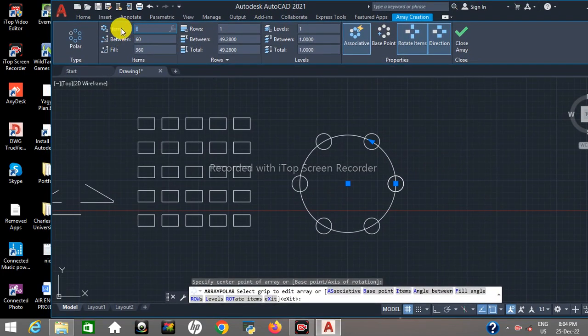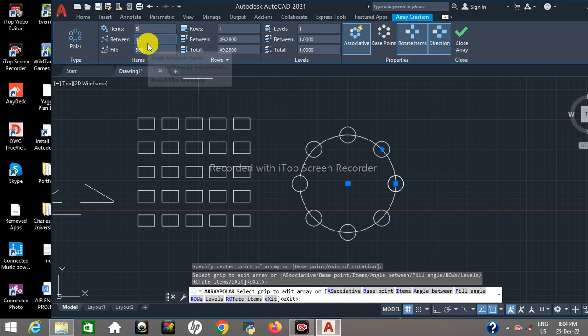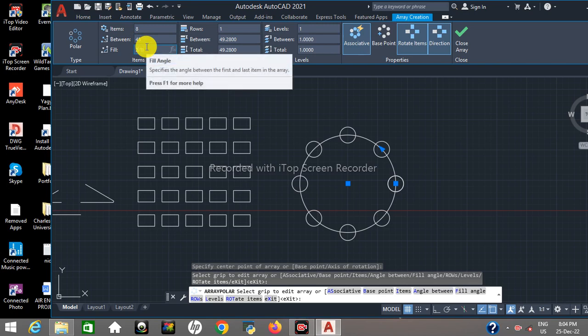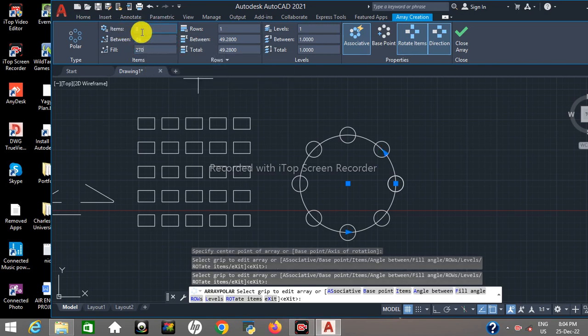We can give the number of items here. Suppose we want 8 circles in a new sheet, and we can select it. The angle will automatically be 45 degrees. The fill angle is 360 degrees. If I change this fill angle to 270 degrees, then our array will work from this point to this point in 270 degrees, and our circles will be placed at 39 degrees